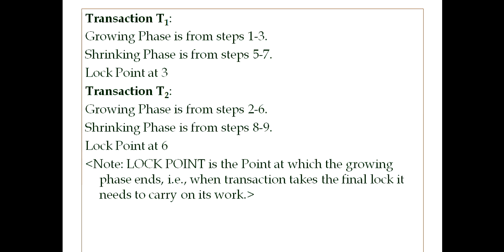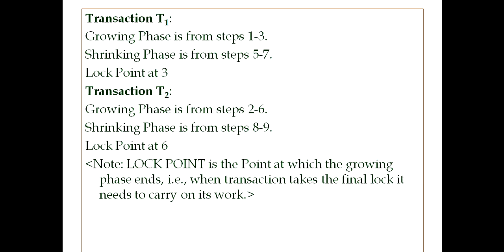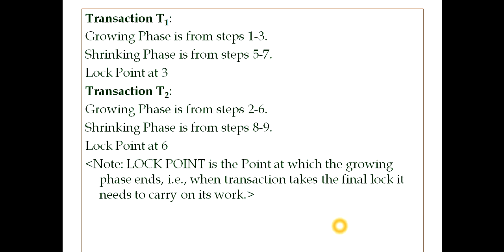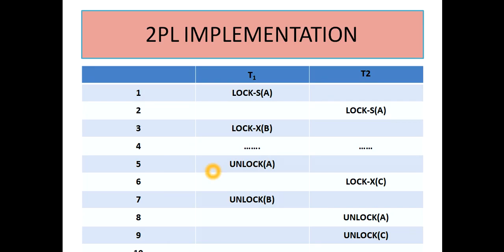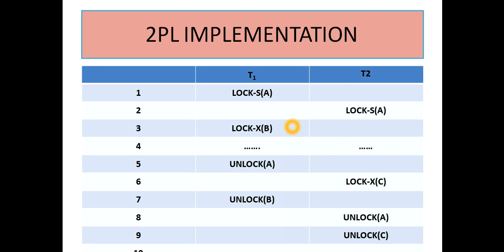So the growing phase for T2 is 2 to 6, and the shrinking phase is 8 to 9, and the lock point is at 6. I hope this practical explanation is clear to you now. So better you note down all of these facts. This will help you a lot for solving the different problems being asked in GATE examinations conducted by IITs and